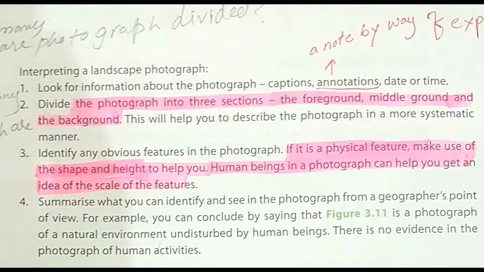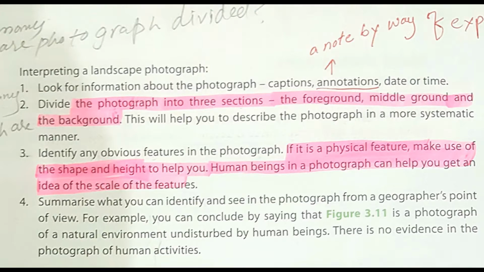Similarly, landscape photographs typically capture the presence of nature but can also focus on man-made features or disturbances of landscapes. Landscape photography is done for a variety of reasons. Perhaps the most common is to recall a personal observation or experience while in the outdoors, especially when traveling. So this is the importance of photographs and landscape photographs in geography.